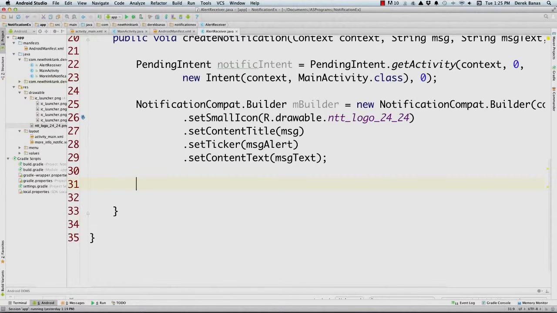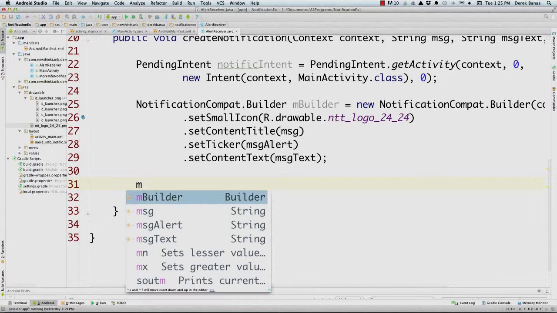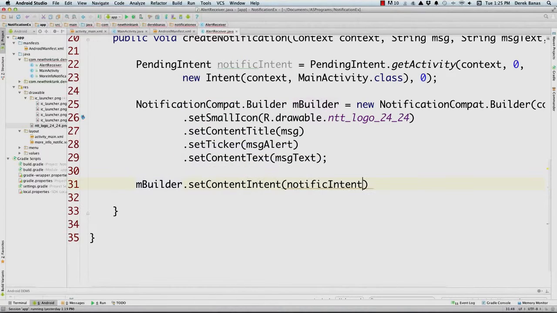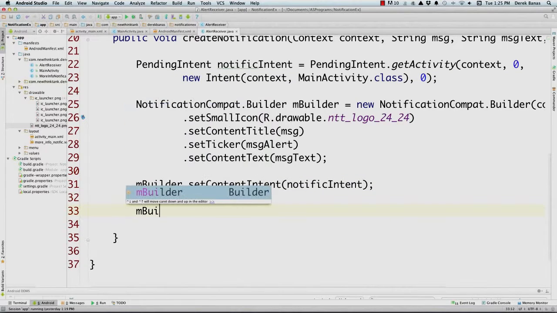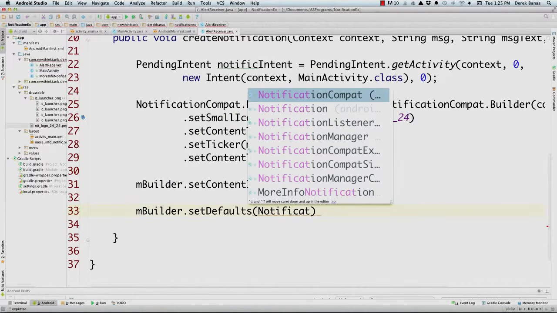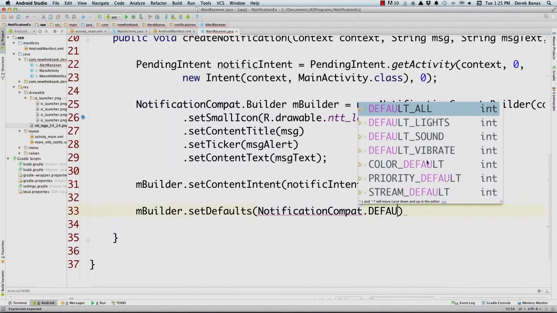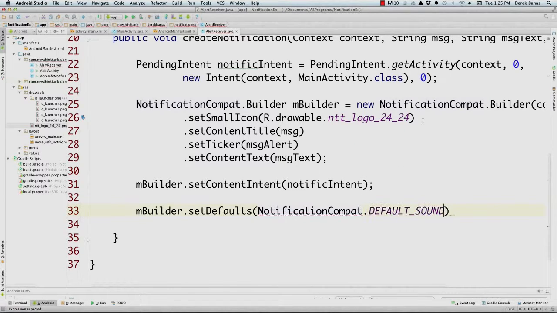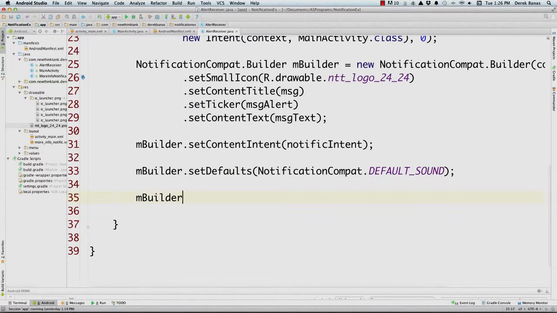Now we'll define the intent that we want to fire when the notification is clicked on. Set content intent, which is going to be main activity in this situation. That's what that is. And then we can also come in here and define how the person's going to be notified. So we can set our defaults, and we can come in here and say Notification, and you can see a whole bunch of them here. I'm going to use sound, but you could also use vibrate, which is just vibrate, or you could use lights, which is going to use the default light notification for the device that they have. But like I said, I'm just going to use sound here. And then we're also going to come in and cancel the notification whenever it's clicked on in the taskbar.